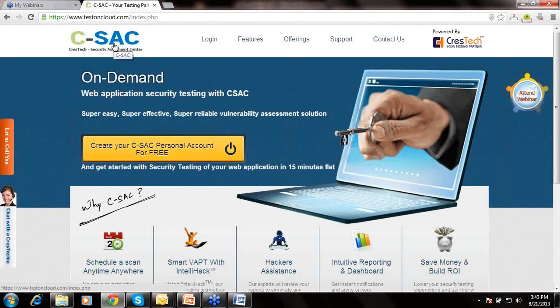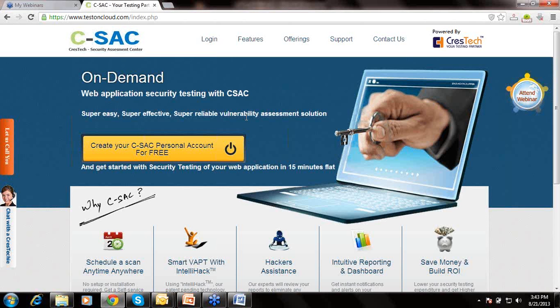This is the website that hosts the SAC platform. It's www.testandcloud.com. Some important characteristics that I would like to tell before I log in. The architecture of SAC creates an individual database for each client. This is to maintain the confidentiality of customer data and maintain high availability and performance. Besides, the data is stored in an encrypted fashion, and the hosting is being done by secured and certified data